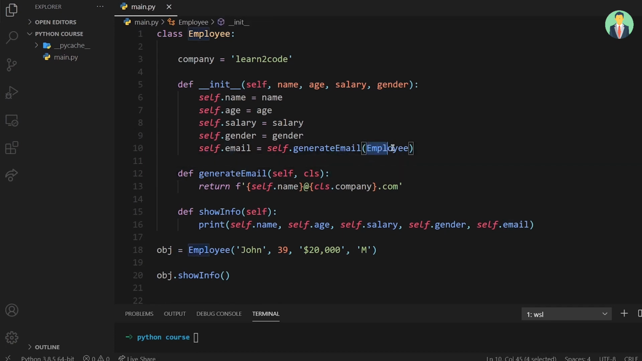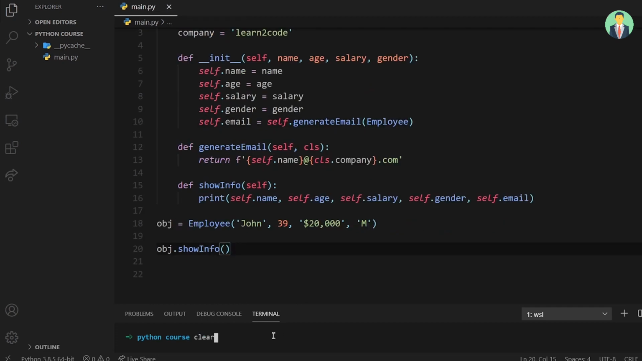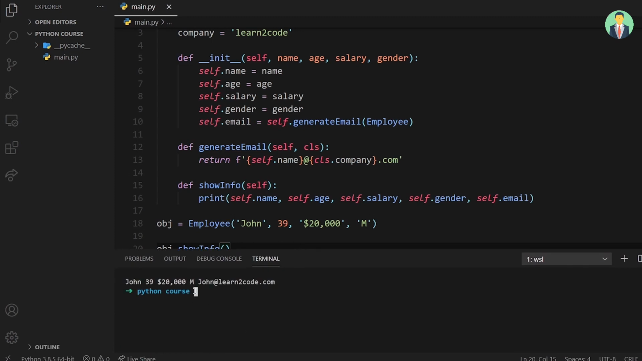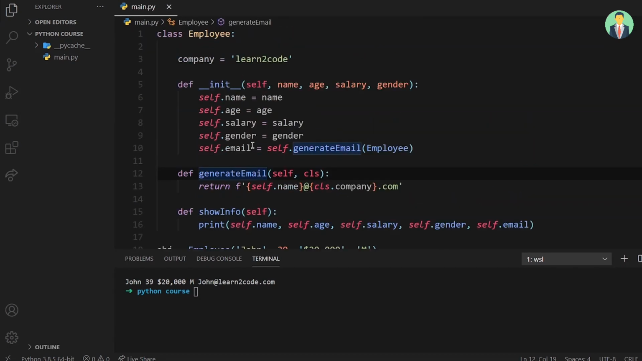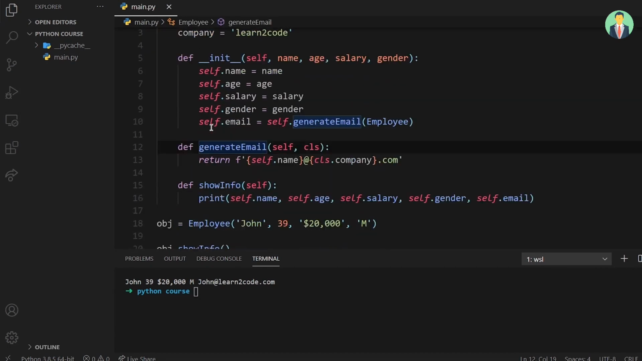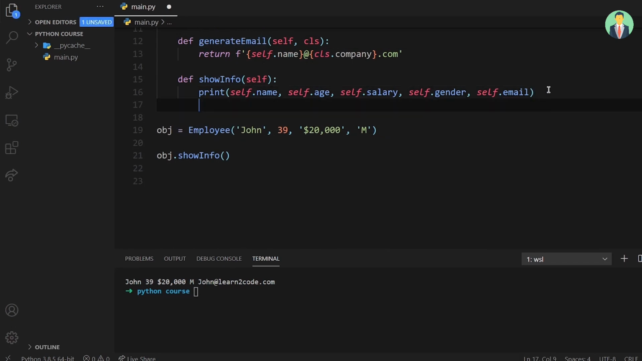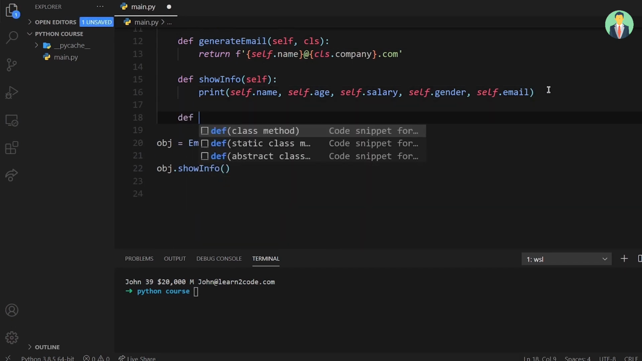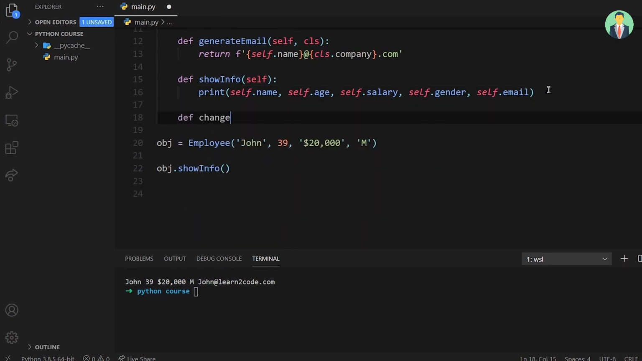So here we needed to pass the whole class Employee because we needed to deal with the class. And let's run this program and see if we have any errors. And as you see, we don't have any error and the company name has changed here. Now let's say you want to create a function which updates the company's name. So let's create that. Def change company name,